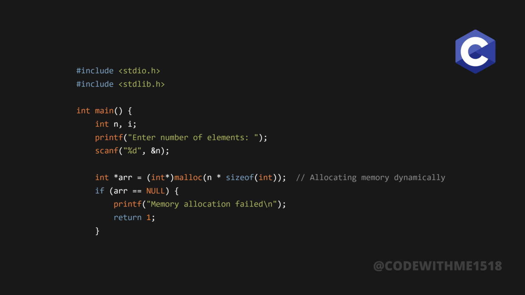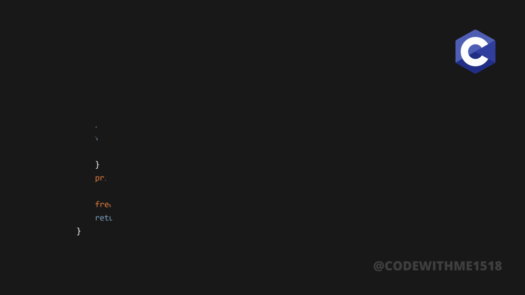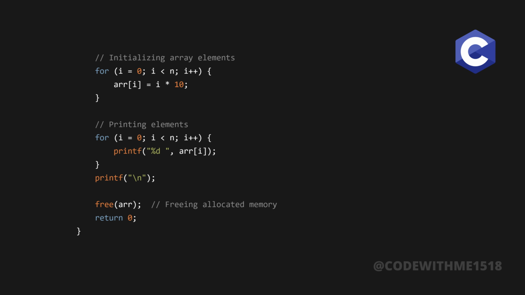#include <stdio.h>, #include <stdlib.h>, int main, int n; printf("Enter number of elements"); scanf("%d", &n); int *r = malloc(n * sizeof(int)); // Allocating memory dynamically. if (r == NULL) { printf("Memory allocation failed"); return 1; } // Initializing array elements. for (i = 0; i < n; i++) r[i] = i * 10; // Printing elements. for (i = 0; i < n; i++) printf("%d ", r[i]); printf("\n"); free(r); // Freeing allocated memory. return 0;